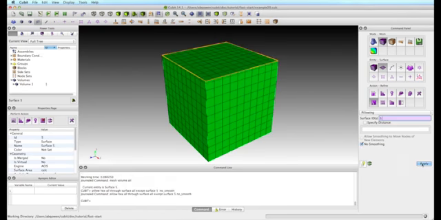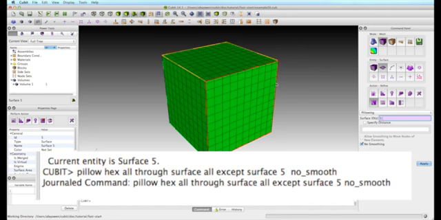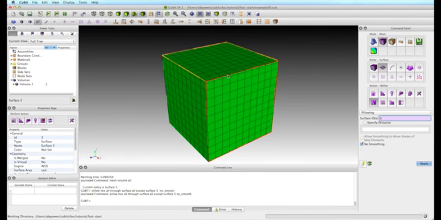Let's take a closer look at the output window after we generated our initial pillow on the brick model. Notice the command syntax where all hexes are designated, and all surfaces are designated as through surfaces, except for surface 5. Let's take a look at one more example of the pillow technique where we can take advantage of this